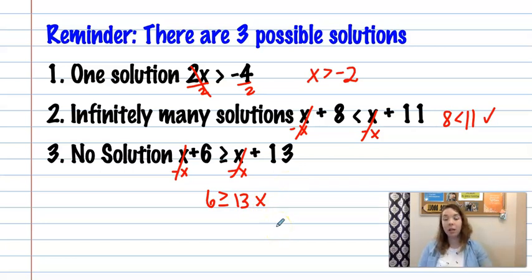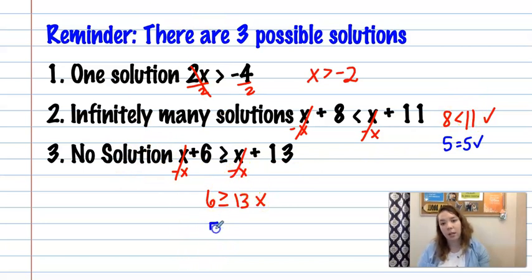Absolutely nothing works. So if you remember back to equations, infinitely many was something like 5 equals 5 because that's true. Here, it can be anything that's true, so there's more possibilities. 8 is less than 11. No solution when we are talking about